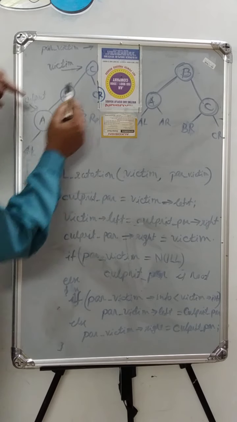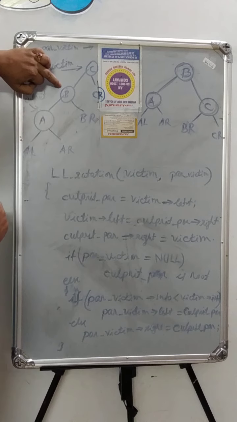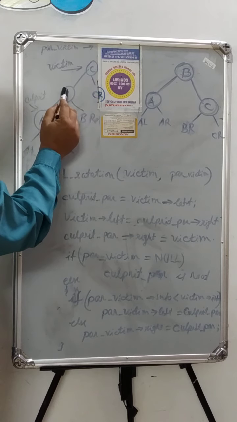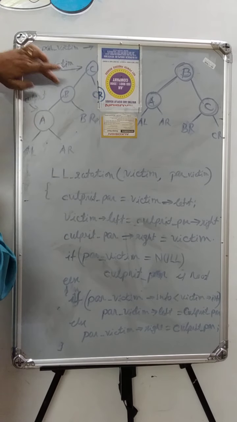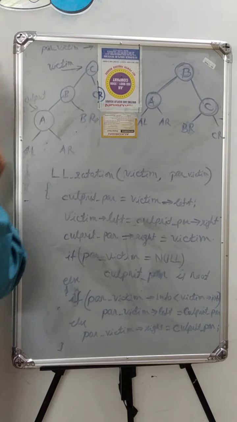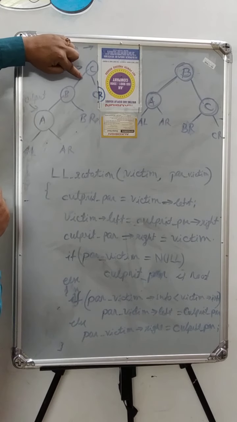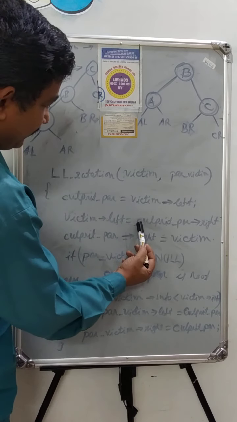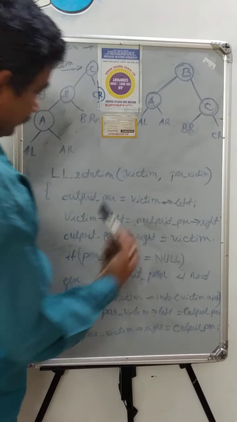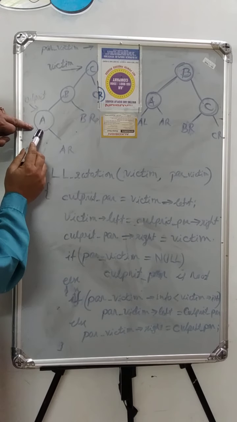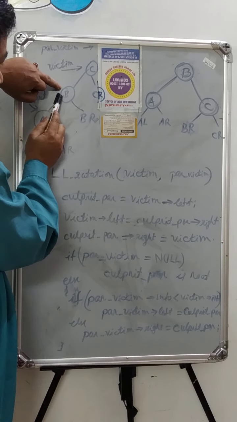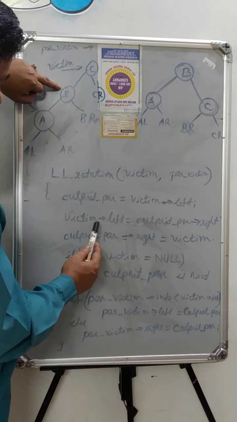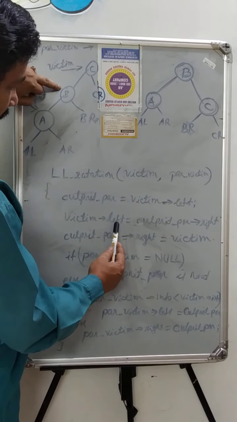So after preserving this node's address, victim's left side. Now once we have preserved the address of this node in a different temporary variable, this pointer, the left pointer of the victim node, we can reuse for other activity. So the victim's left is assigned as the culprit's parent. So this was the culprit node. Culprit node's parent was this one. Just now we have computed. So this will be assigned in the victim's left.